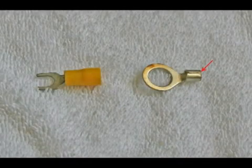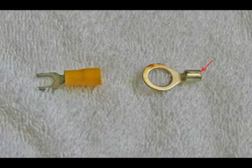Shown here are two terminals. They come in many different sizes and configurations, and they are also color-coded when they have an insulating sleeve like the one on the left. The right ring terminal shows a split in the barrel where you crimp it. It is very important to position that barrel in the proper place when you use a crimping tool. If this split in the barrel is not properly positioned, the tool can actually push this split